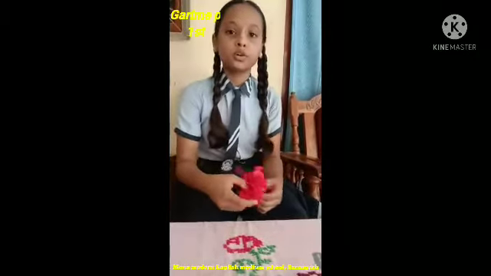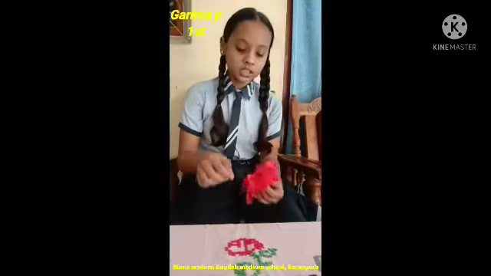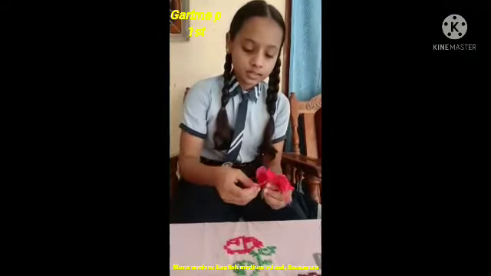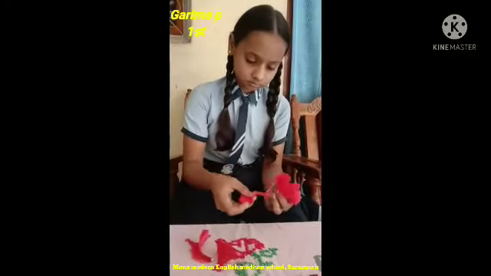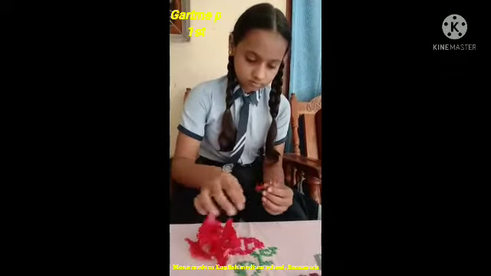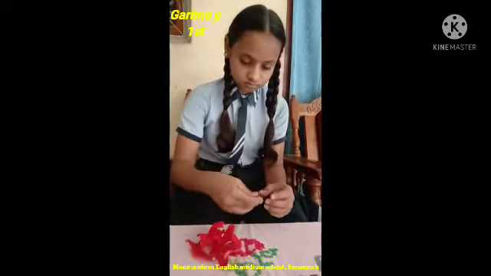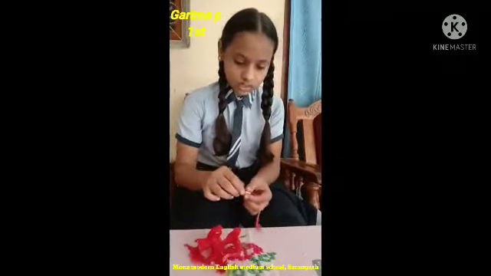There are two more parts on this flower. To see these two more parts, first remove the petals carefully. Then cut the style carefully.